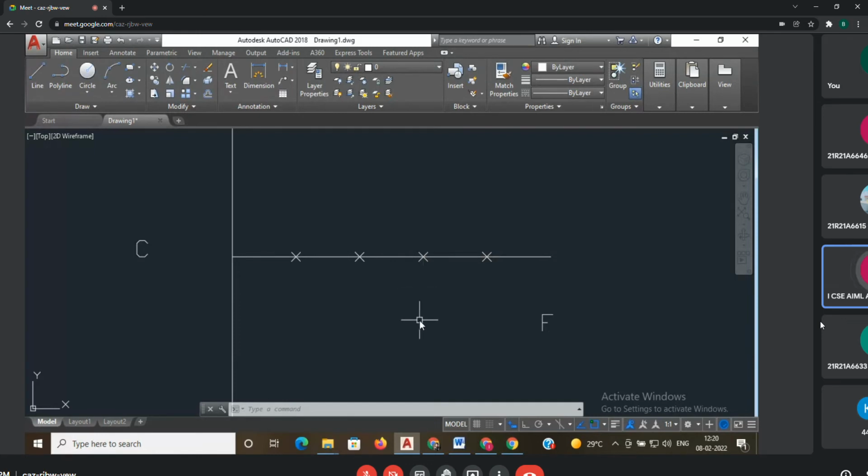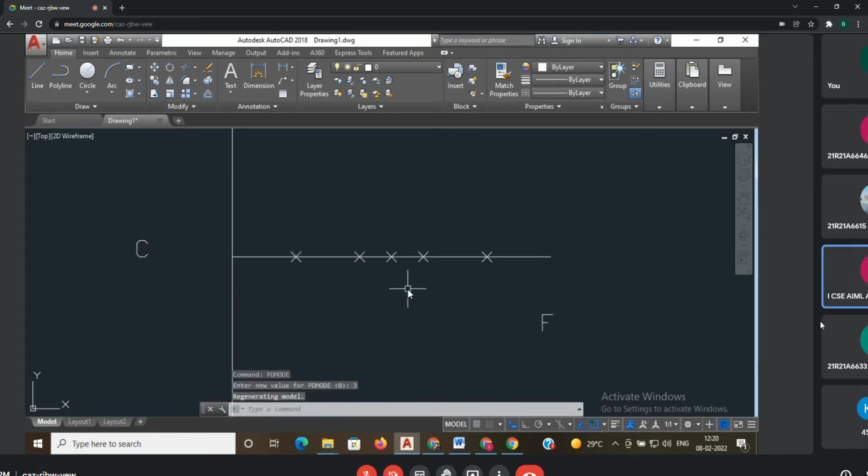So the same question I am doing for the parabola. What is the eccentricity value for the parabola? Equal to 1, which means two halves. I will go here, Divide command. Select the line and go to number of segments. How many segments? Only two segments, 2 points. PDMODE, enter.